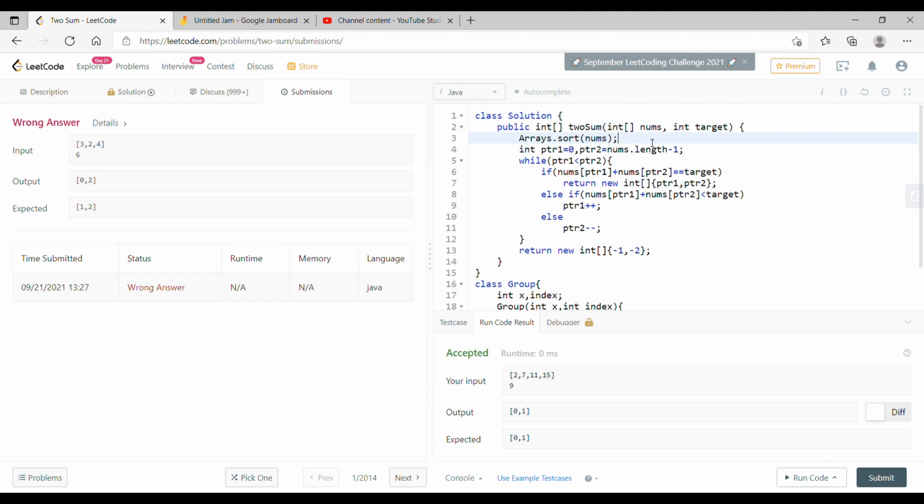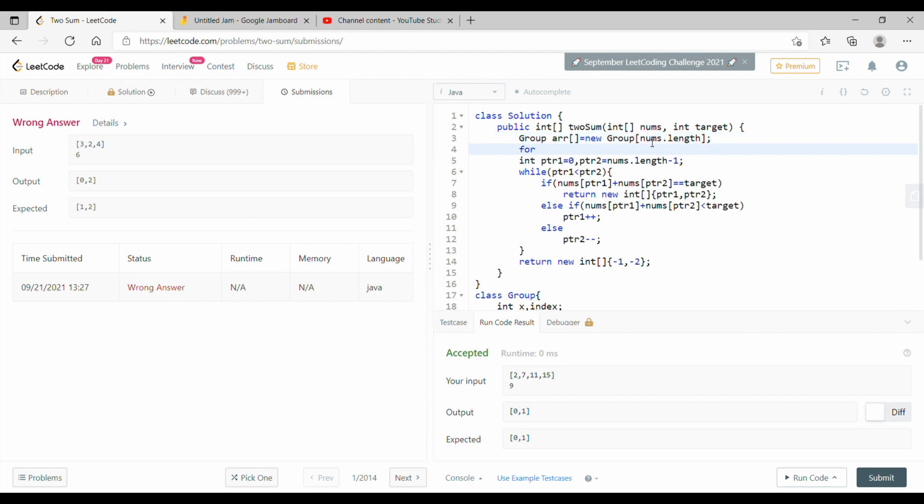So we'll just make a group array. So group arr equal to new Group, and the length will be the same as the length of nums,